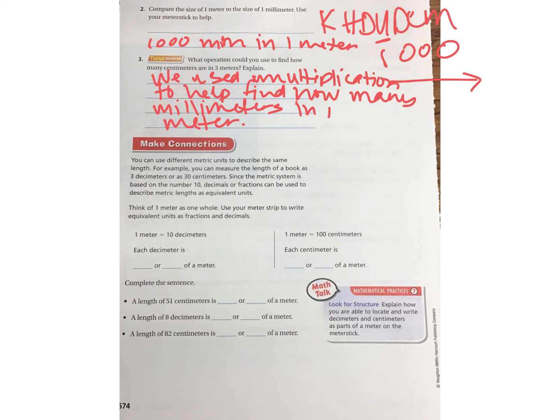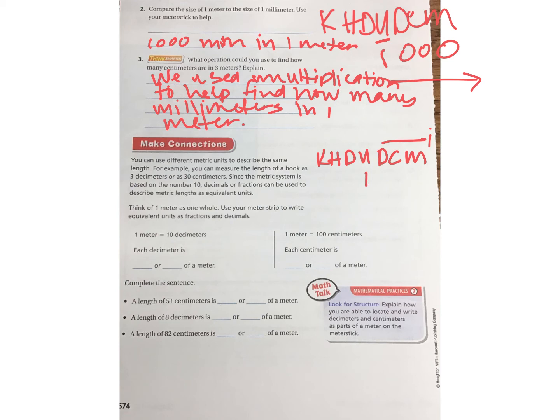So let's go ahead and use our King Hector died unusually drinking chocolate milk as well. So here we go. We have 1 meter is 10 decimeters. So let's, for good practice, write King Hector died unusually drinking chocolate milk. We know everything over here ends with I's, and everything over here is the big, huge kilo, hecto, and deca. And everything to the right of the unit is deci, centi, and milli with I's at the end. They have pretty I's. Okay, so 1 meter, let's put 1 under the unit,